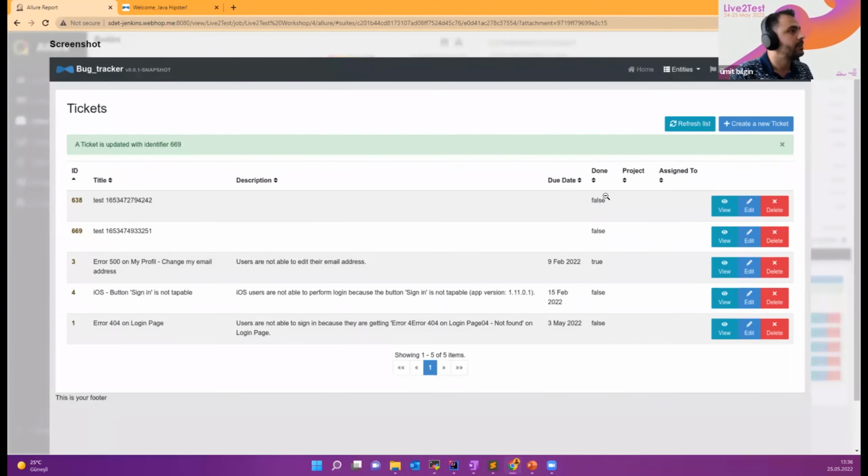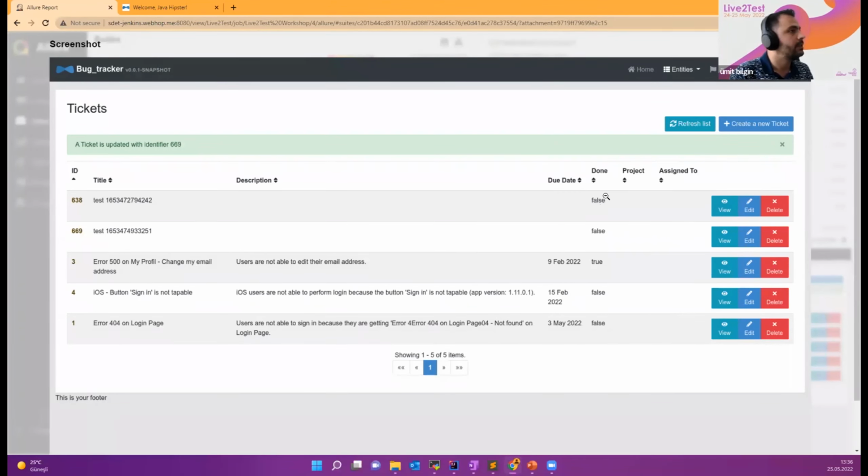And let's see also the graphs here. As we have tagged our test case with critical, in this trend chart you can see one test has failed and it's critical. You can even see the duration trend and categories trend charts as well, and use them for your own reporting purposes.